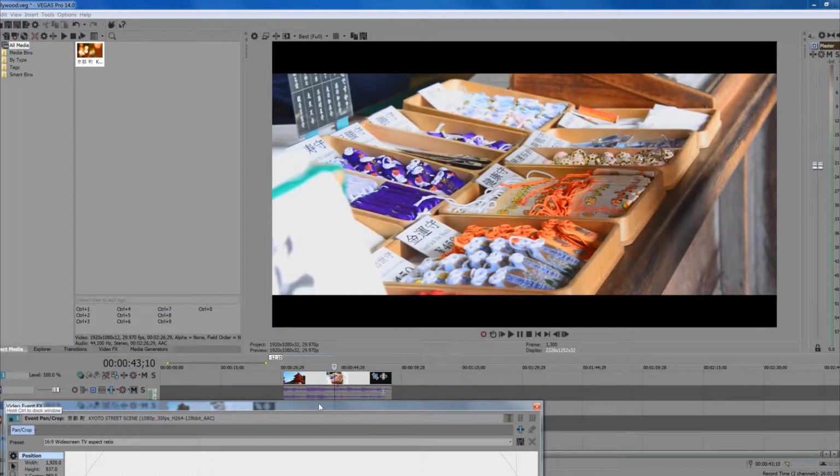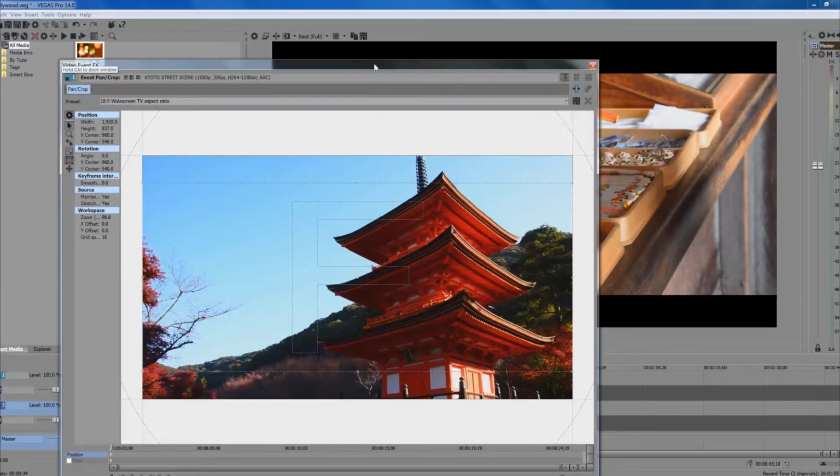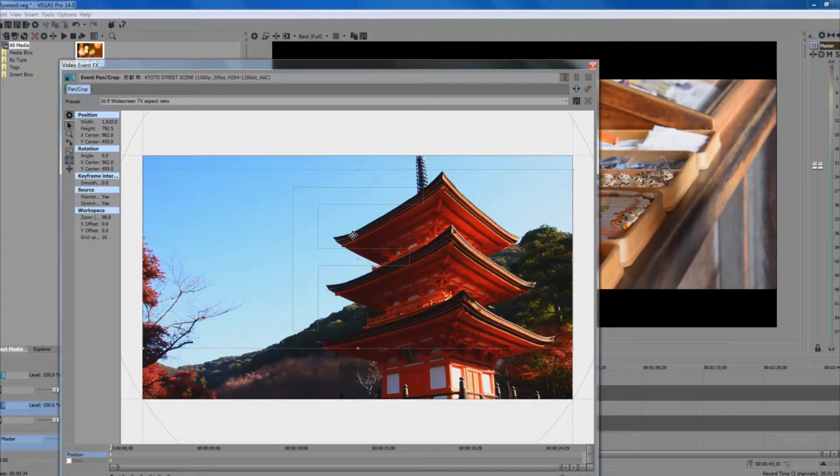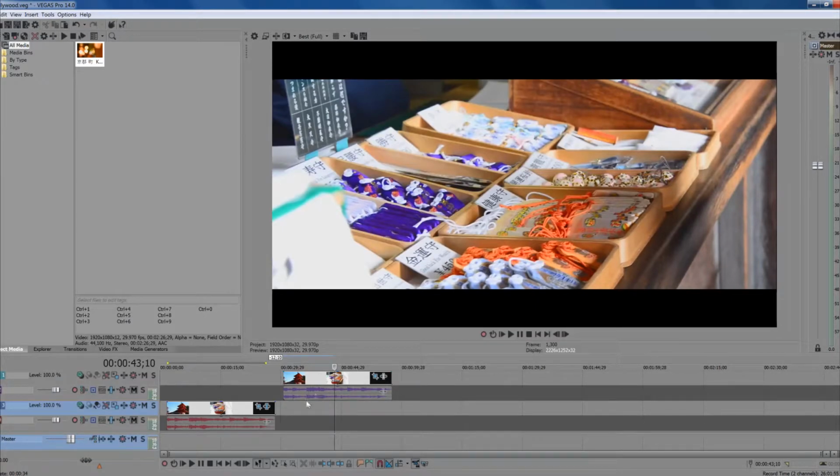So if you look on the preview, I'll say that's roughly about right. You can also move it around a bit as well. If you left mouse hold down on the middle, you can move it up. In this case I just want it at the top of that building. And that's how you do the black bars. I'm now going to close that. So that's now